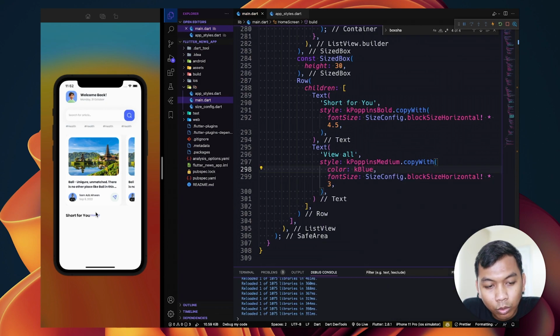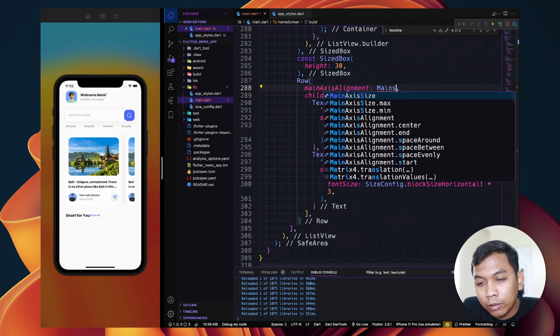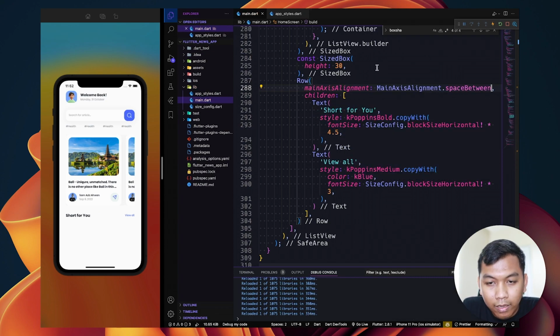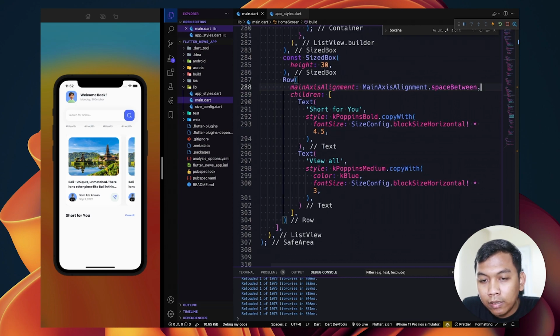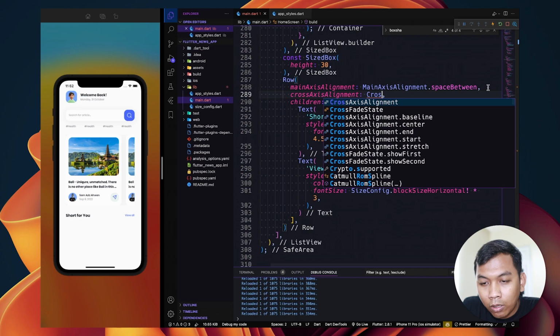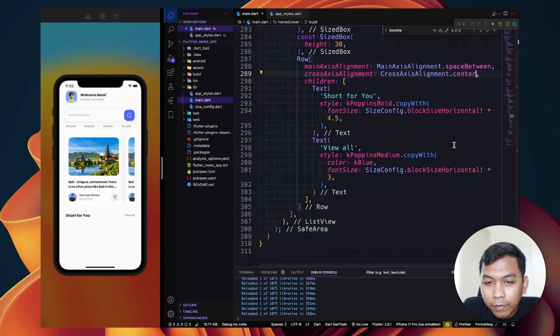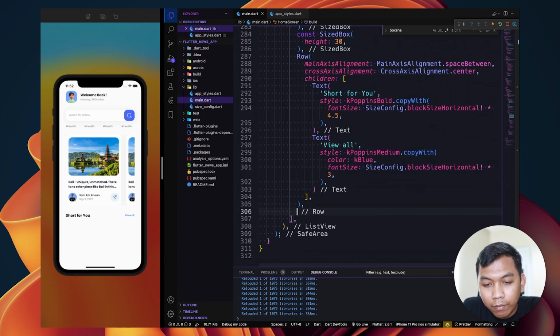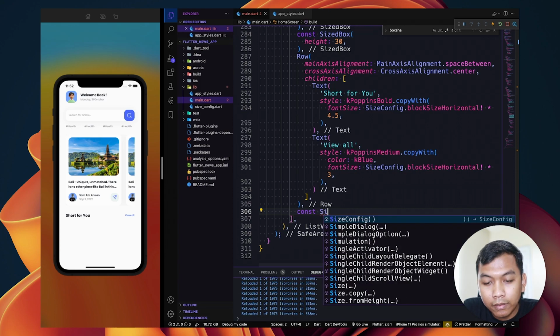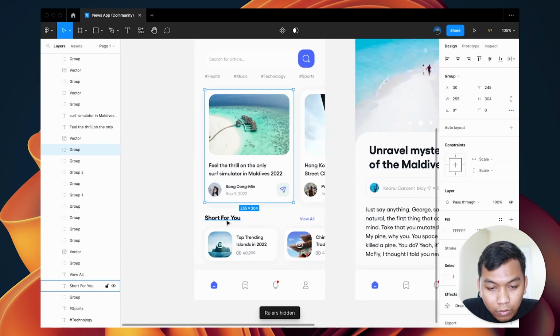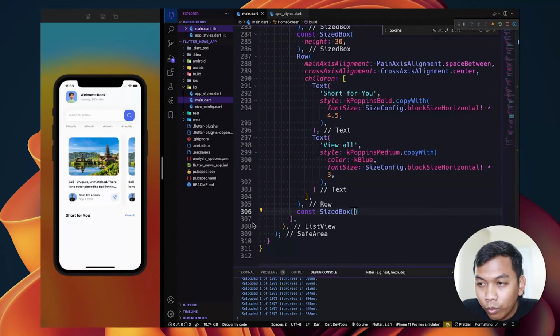Alright, so we have 2 texts. To push the second text, we need to say main axis alignment space between. And to make sure it is centered, we need to set cross axis alignment to be center. As simple as that. And below the row widget, we will have a size box again, and the size box will be 19.